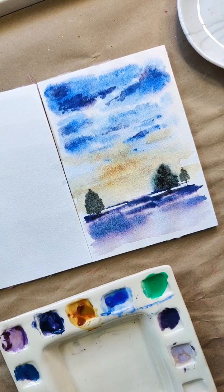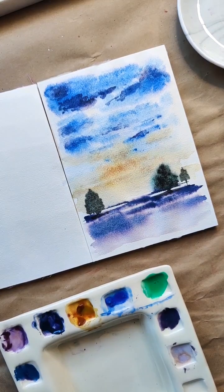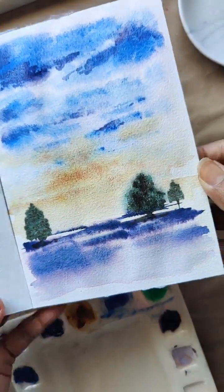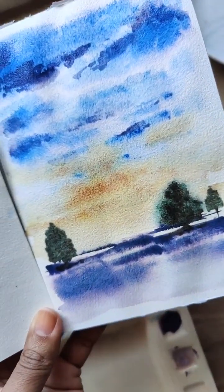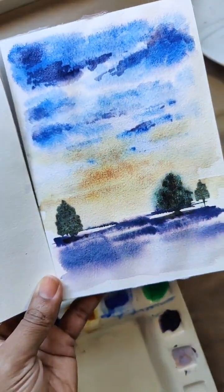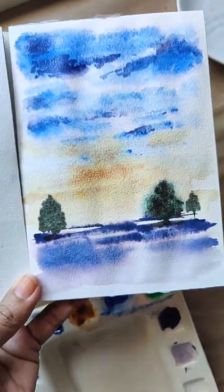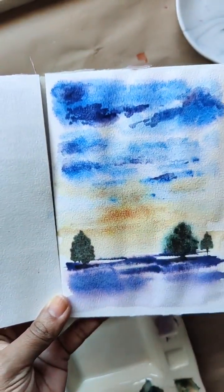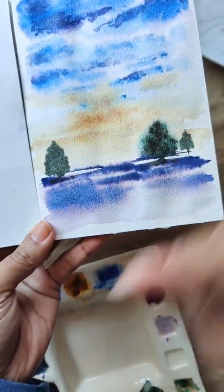Let me do this. And let me turn on comments in case you guys have any questions. And I'm just turning off the lights to see if I can get a better view for you guys so you can see it better. I think this is better. Maybe. Let's do this again. Nope. Let's do it this way. Okay, so this is what we have. It's still a little bit damp here and there, but you can see